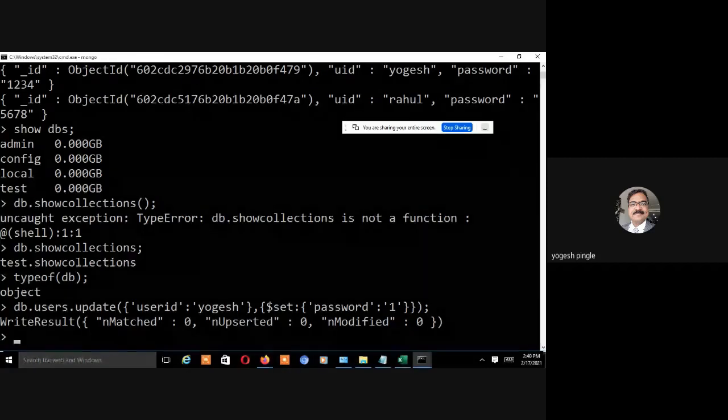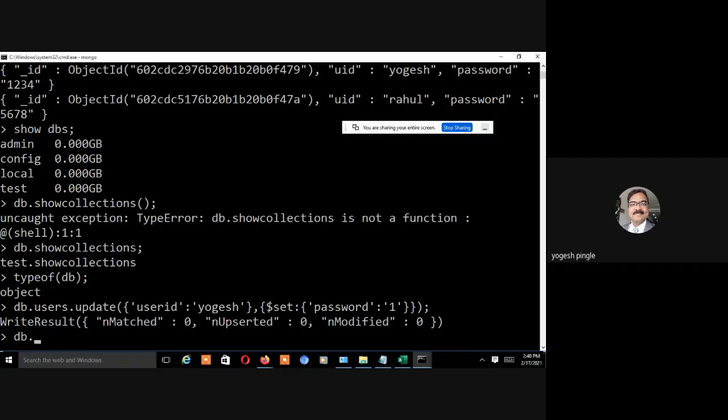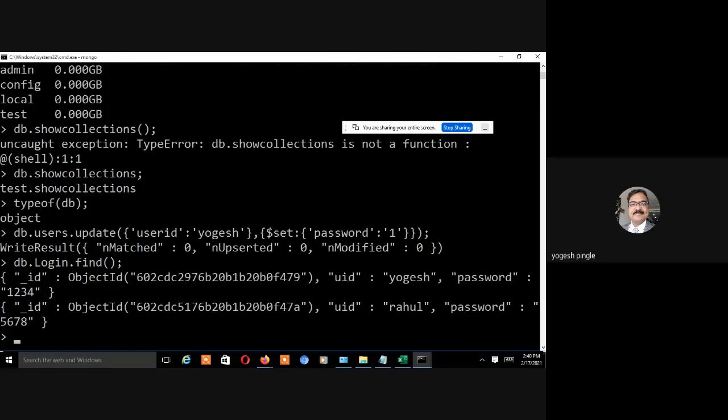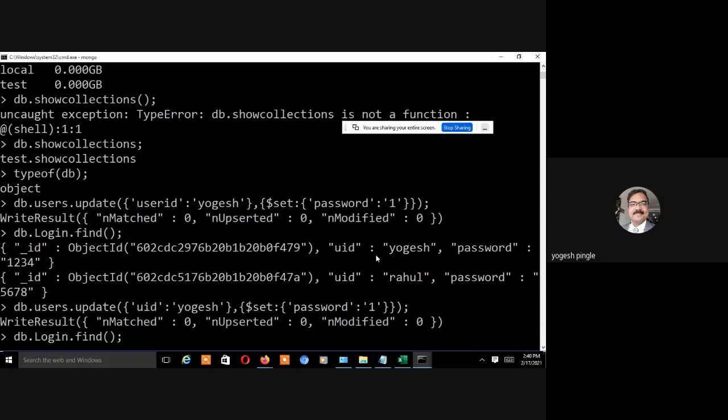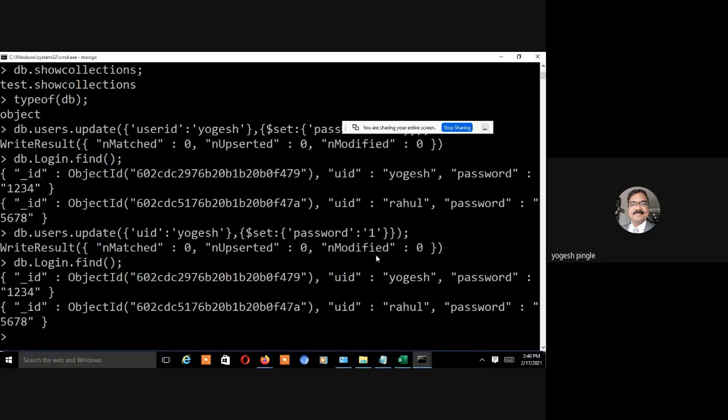Now if you check with db.login.find, you will come to know that modified 0. Oh, it's not user ID, sorry, it's UID. Just check it out: db.users.update with UID users, password one.